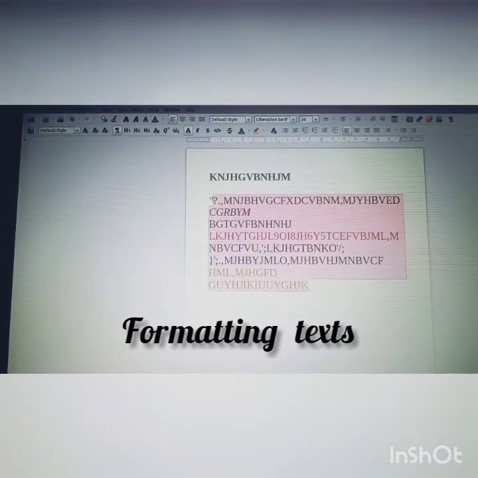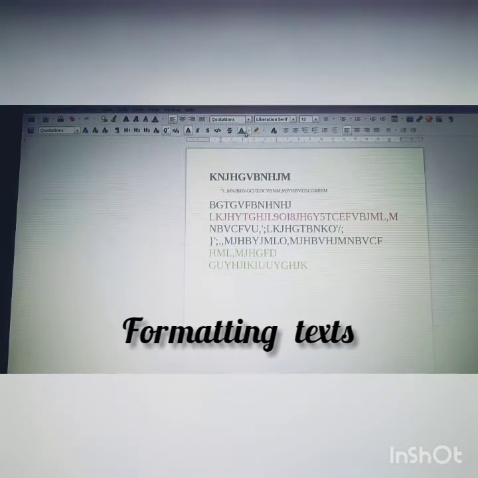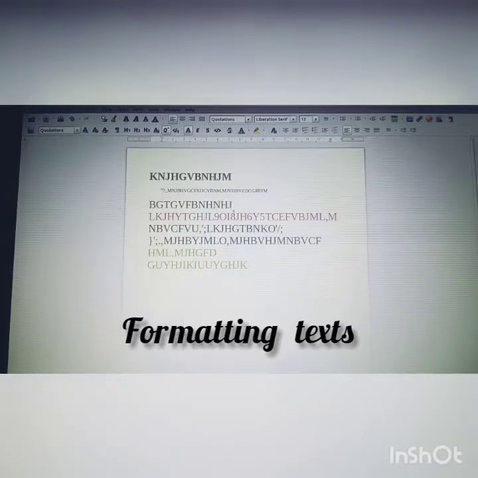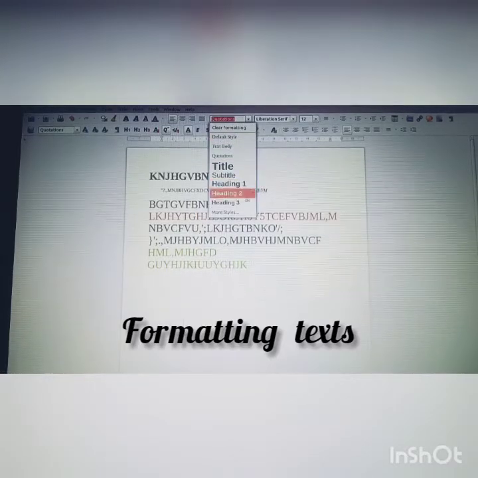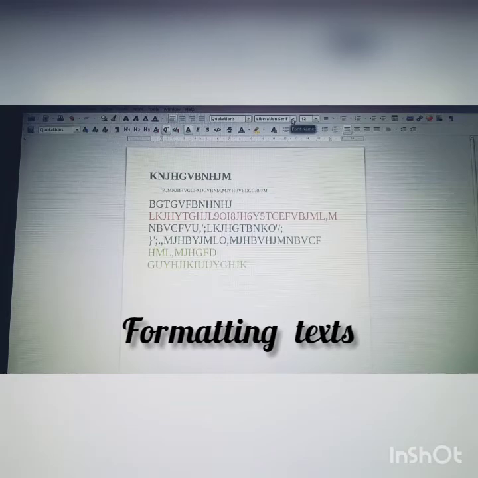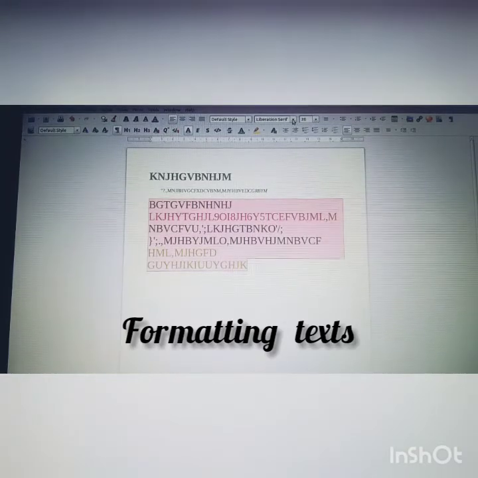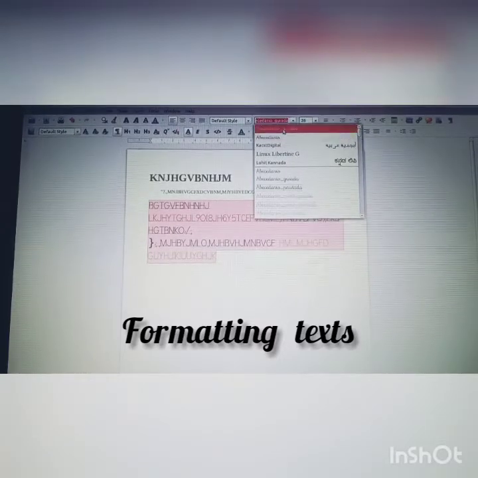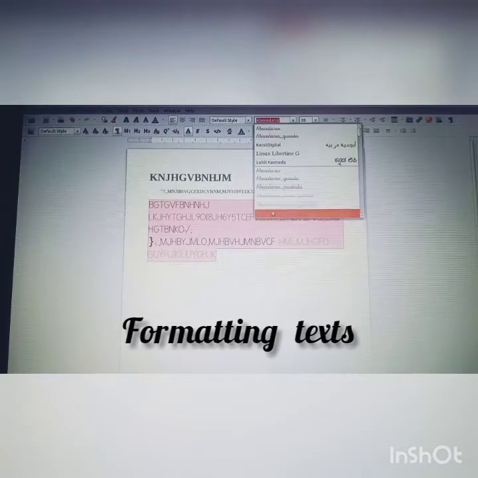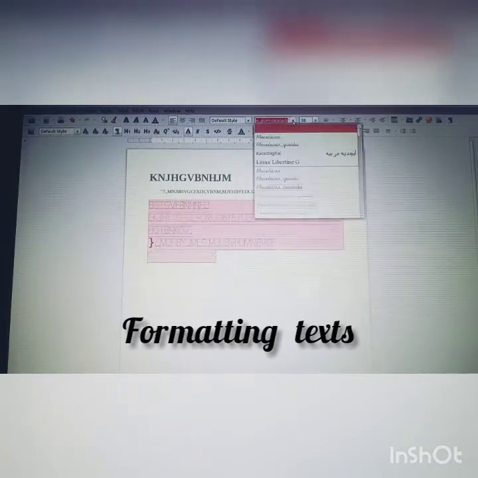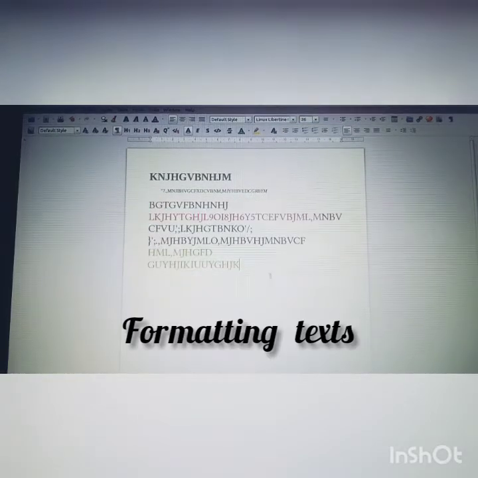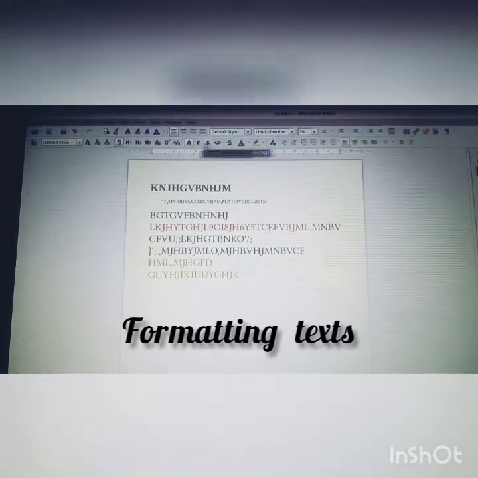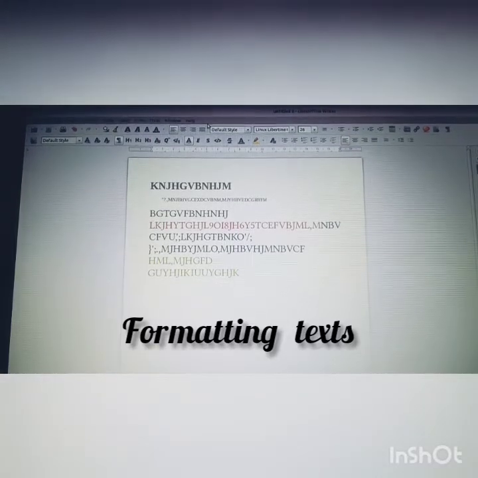And if you want to change the size or style of this, what can you do? You can select any style that you want. You have to select first, then take the style and change it. See, the style of the letter is changing, the handwriting is changing. Okay, so we will select this one only. These are the things that we can do with these toolbars.